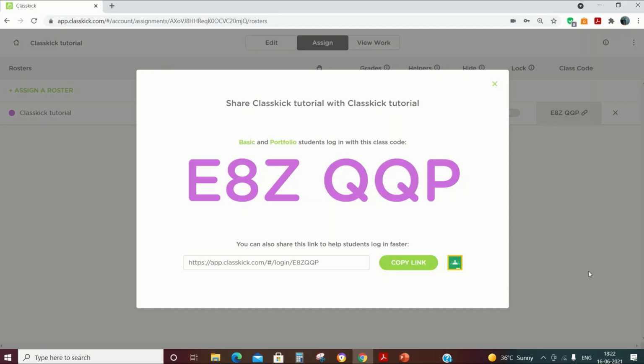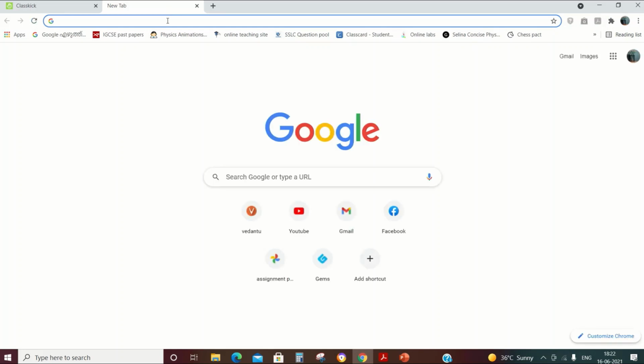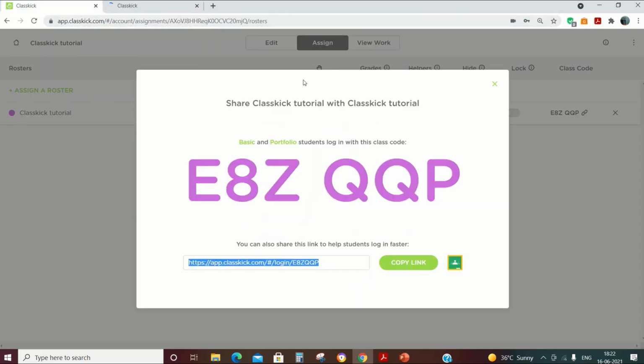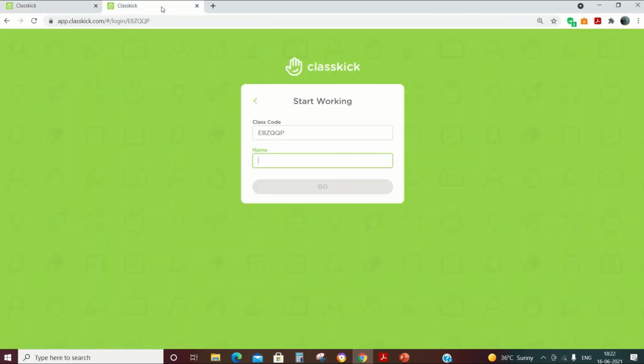Now let me show you how a student can join the assigned work. So initially, as I showed you how we are going to share the code with the students, either we show this class code or we can share the link directly. So I'm going to copy this link and I'm just going to log in as a student. For a student, there is no need to log in, just copy paste that link the teacher has provided. The link itself has that code, you can see that. So it will be redirecting us to the slides.